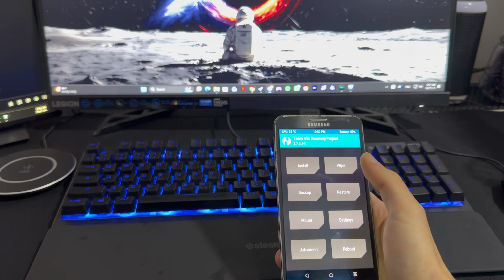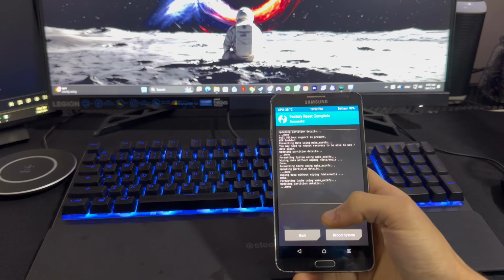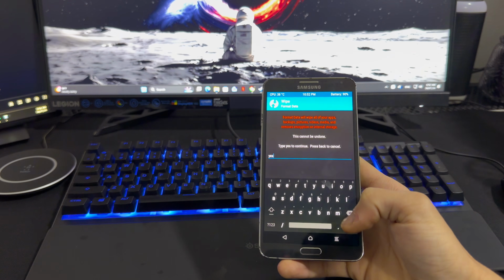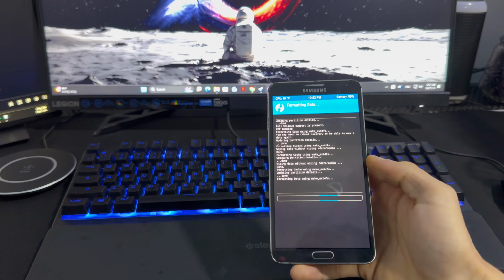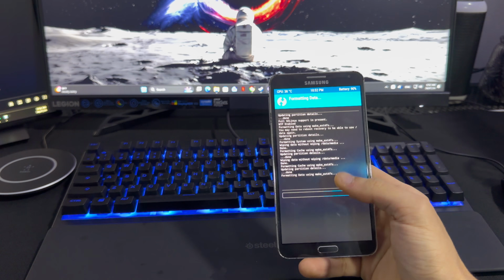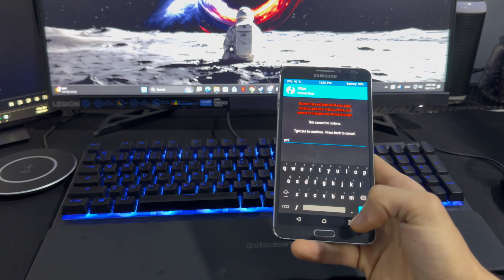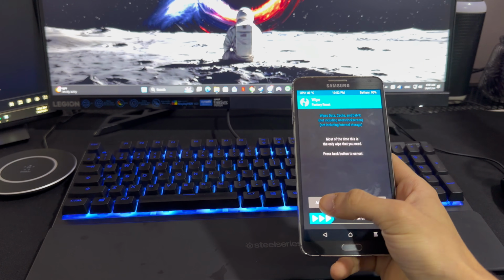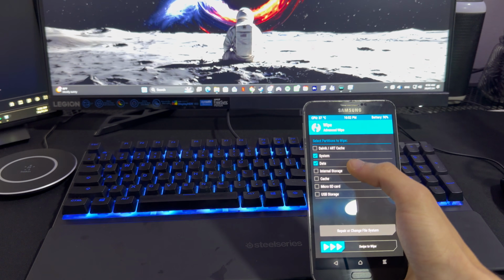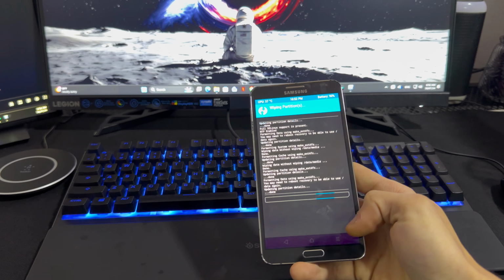So first thing, we installed Lineage OS 21 last time. So you just hit format data and just type in yes, then it should format all your other stuff. This is just the basic format, and then you just press on system, data, and cache, and then